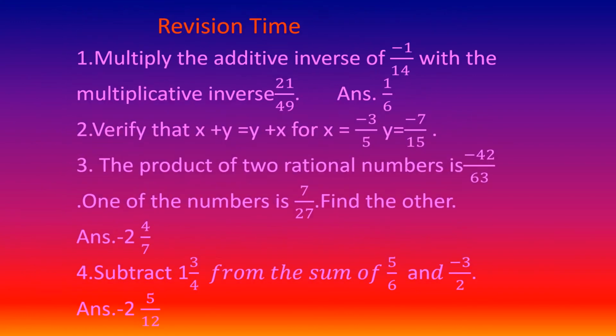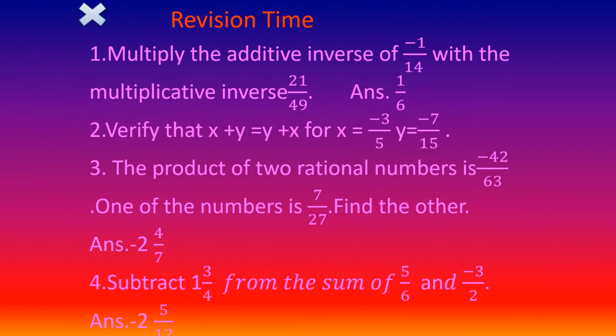We conclude that rational numbers are commutative under addition and multiplication only. Today, we have learned the closure and commutative properties of rational numbers. Here are a few questions for you to do as homework. Kindly copy down the properties of closure and commutative from the slides and file it.